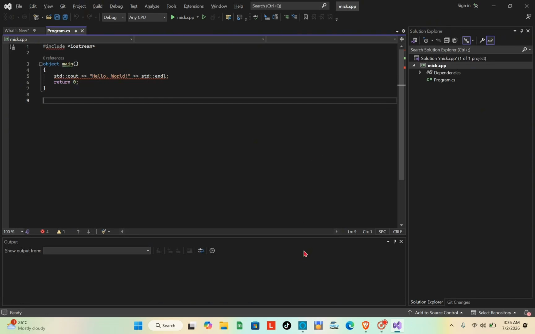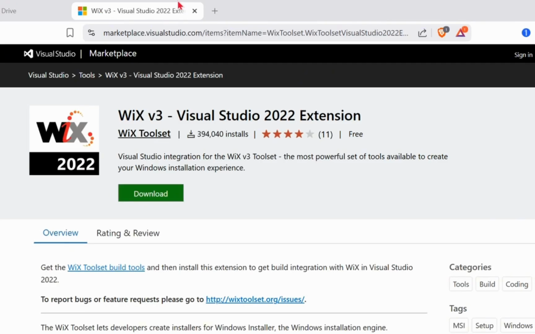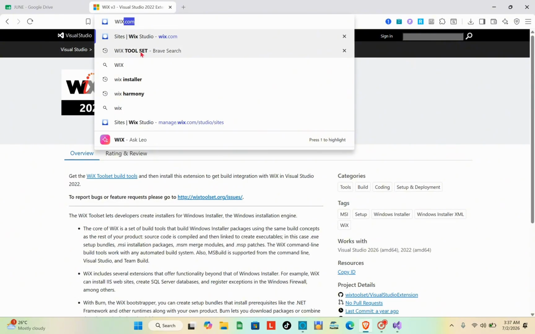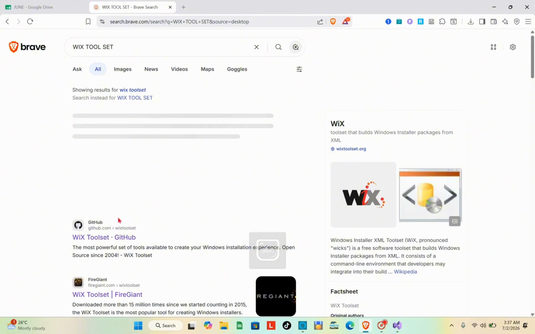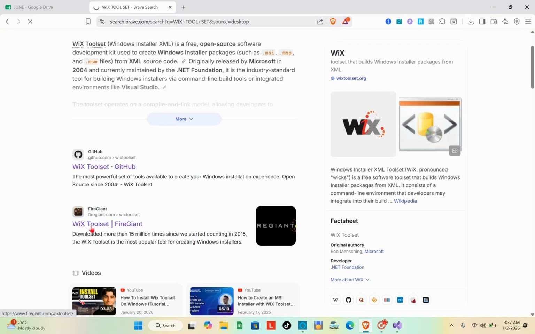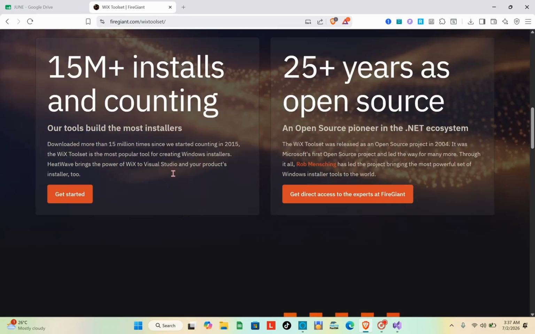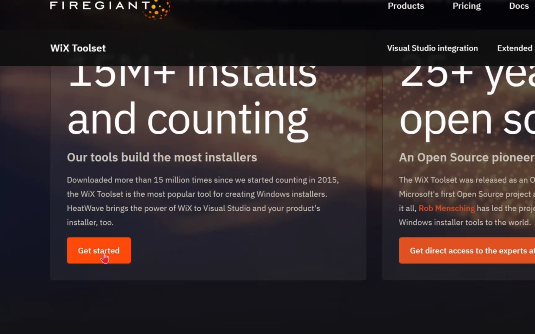Now, the first step is installing the Wix Toolset. You just have to visit the official Wix Toolset website and then download the latest stable version. To do that, you just have to go here and search for Wix Toolset. I'm just going to give you a very quick guide. You just tap on this website, scroll down, and then you can find this Get Started option. So just simply tap on this one,